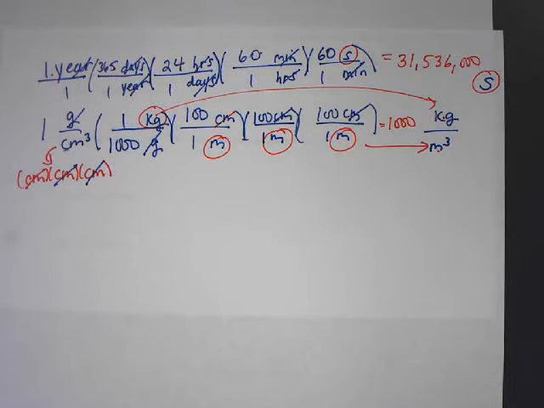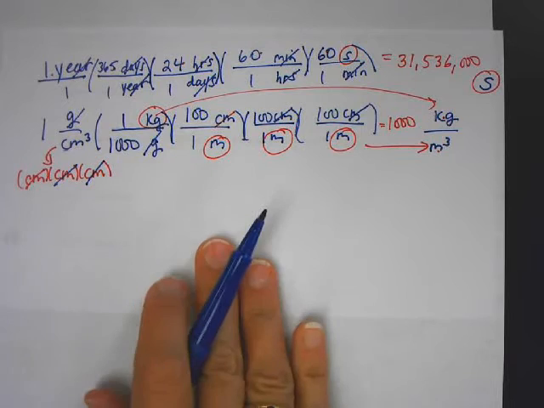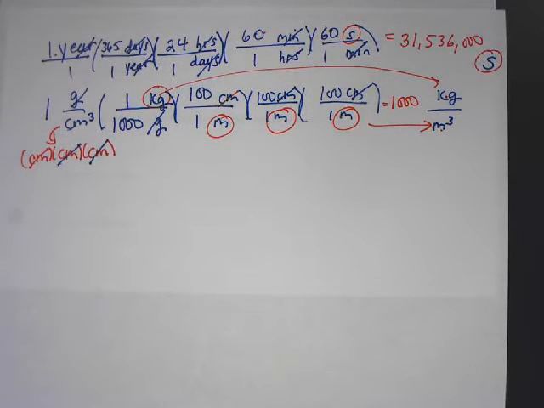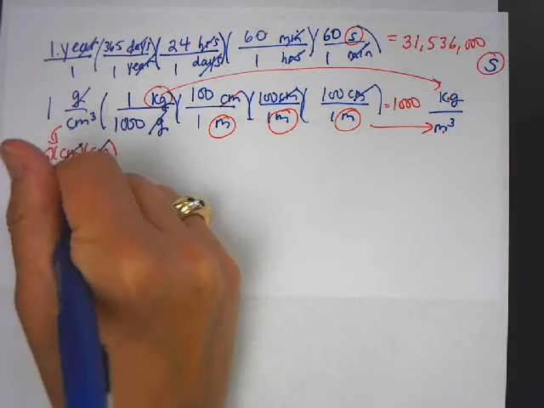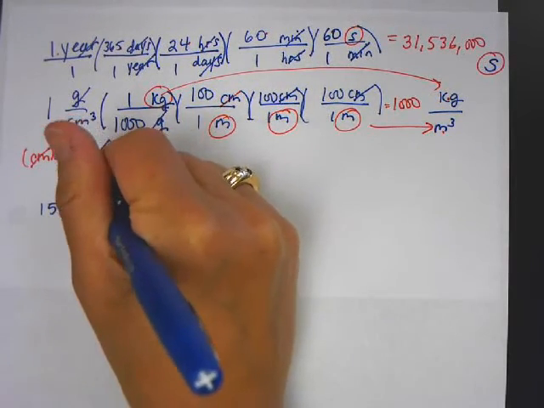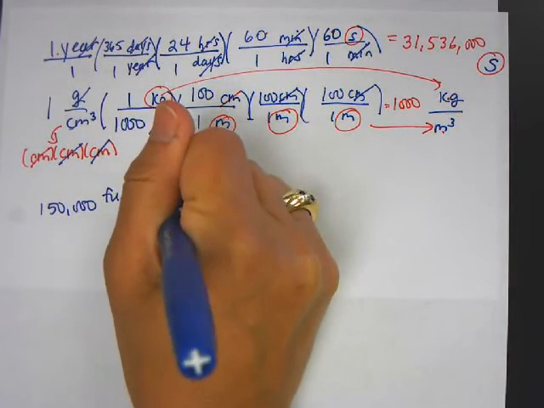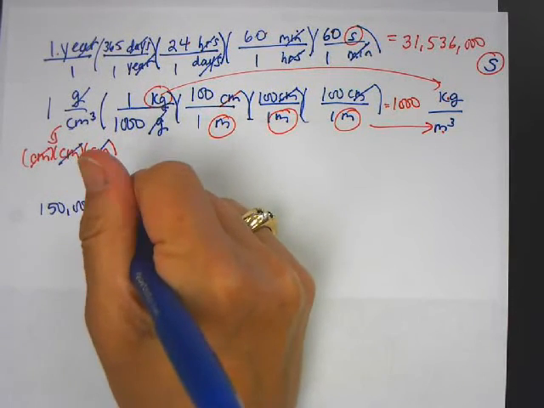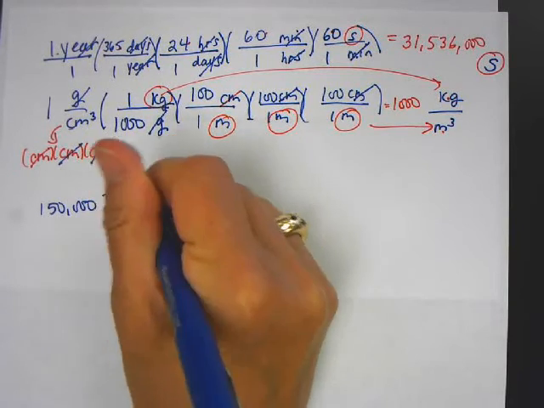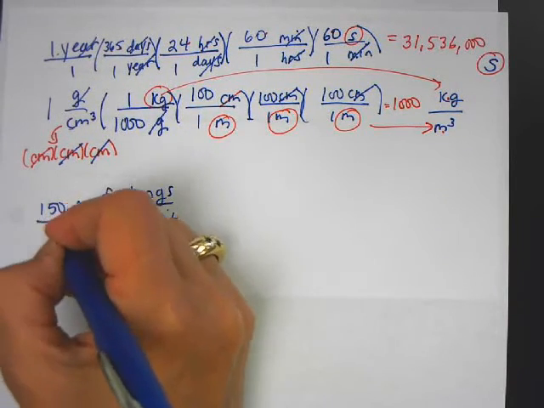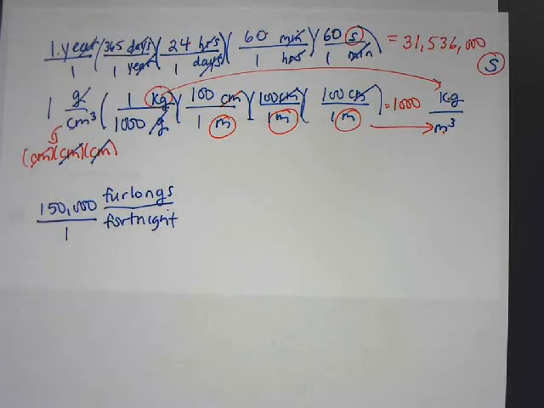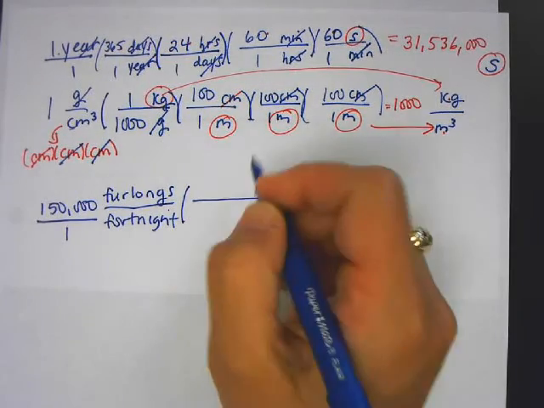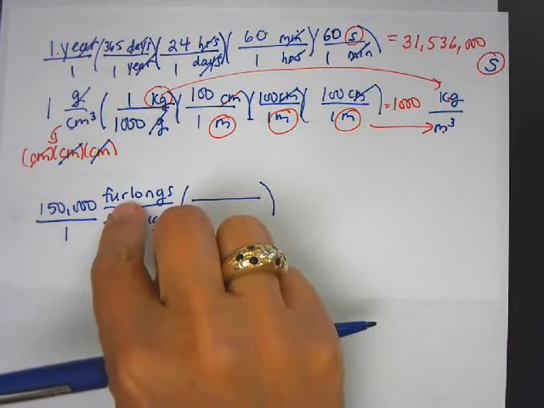Let's go back and do number 5. Number 5 says the speed limit on a highway in Lower Slobovia was given as 150,000 furlongs per fortnight. What you're going to do first is when I write my number, 150,000 furlongs per fortnight, I'm going to make sure that the division sign looks like this. Because remember, we're always doing units as fractions. Now I'm going to put this over 1 so I don't make a mistake with the number. So how do I know where to begin? It doesn't matter. Let's start with the top. It says